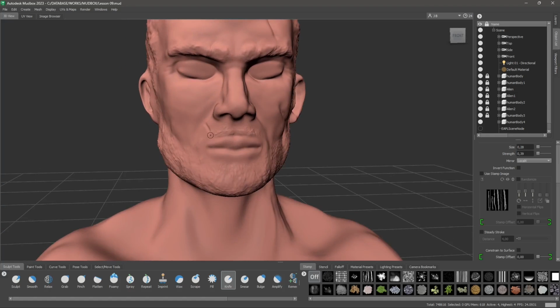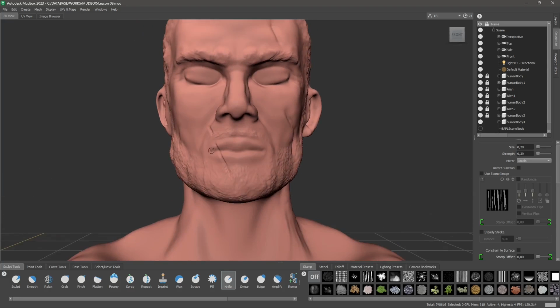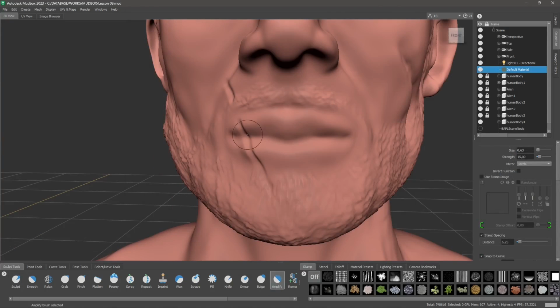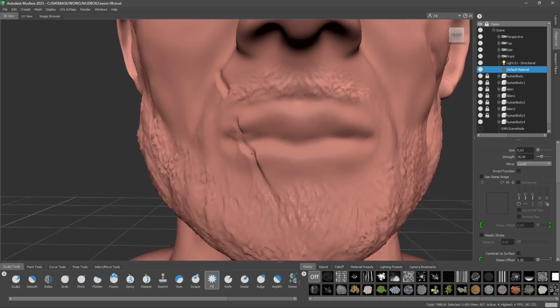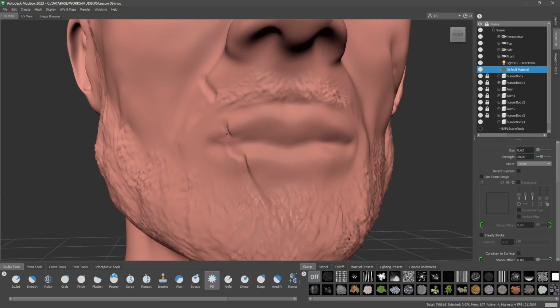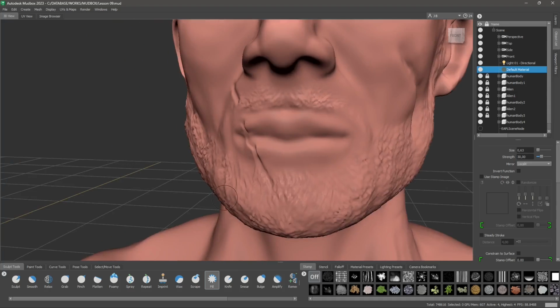And we use the knife to create scars, and we use the frizz to protect parts of the mesh. So this is also really nice. You can use a little bit of pinch, or you can use amplify to work on that scar. You can use the smear if you want to move it a little bit, and just like with the grab, you can use the feel also if you want to feel it in some parts. So all the tools that we already saw also in a previous video,